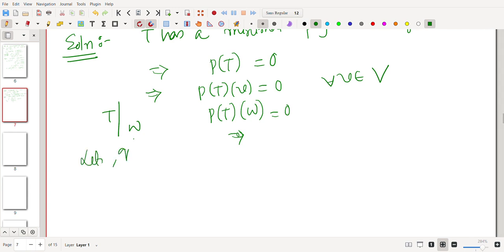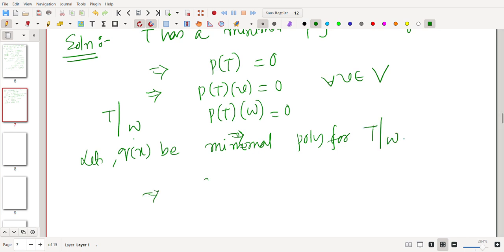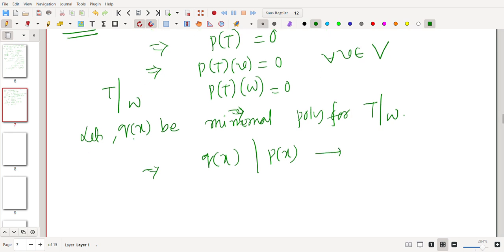now if I consider that let Qx be minimal polynomial for T restricted to W, this will imply that Qx must divide Px because Px is a polynomial such that P(T) equals to 0. P(T) restricted on W is equals to 0. That means T satisfies the polynomial P, and Qx is the minimal polynomial for T restricted to W. By property of minimal polynomial, it must divide Px, right? Okay. Now we know